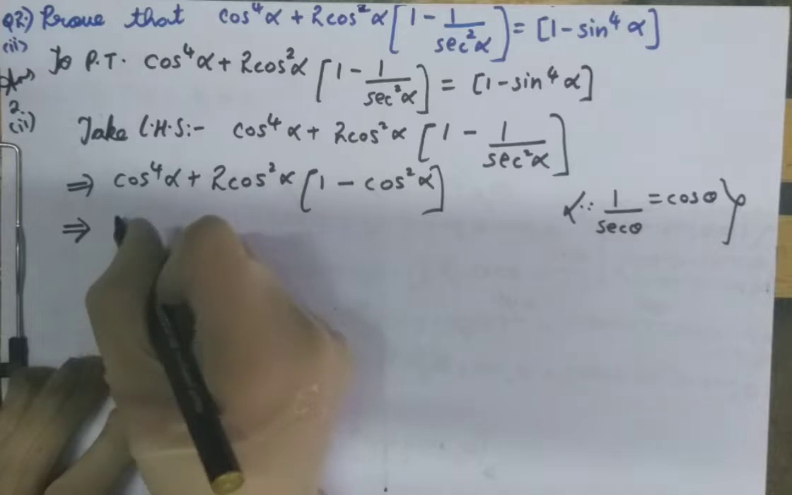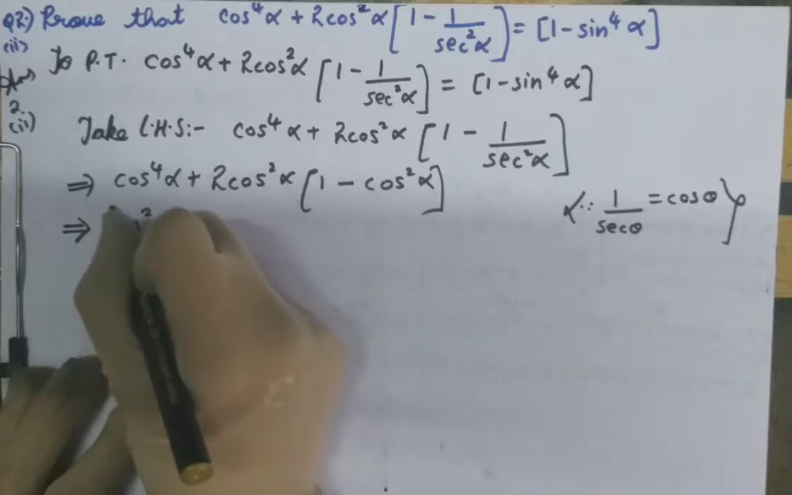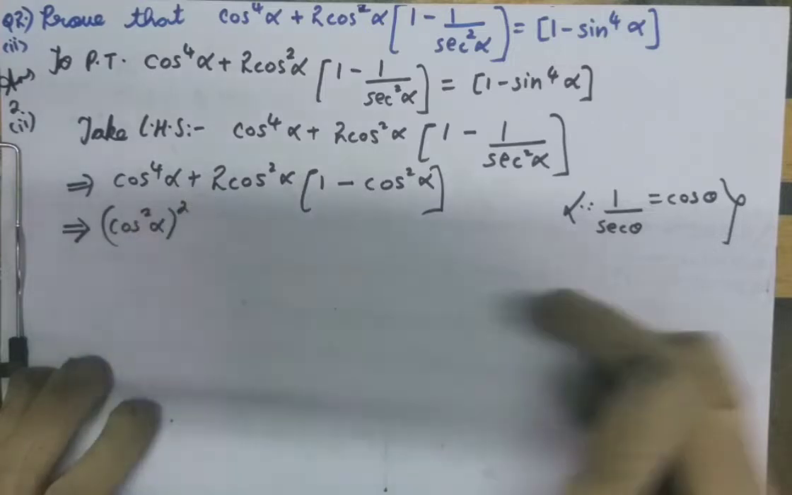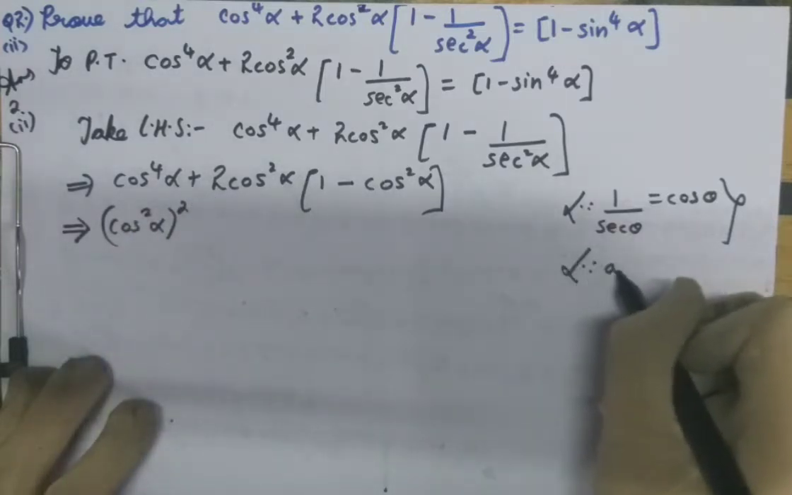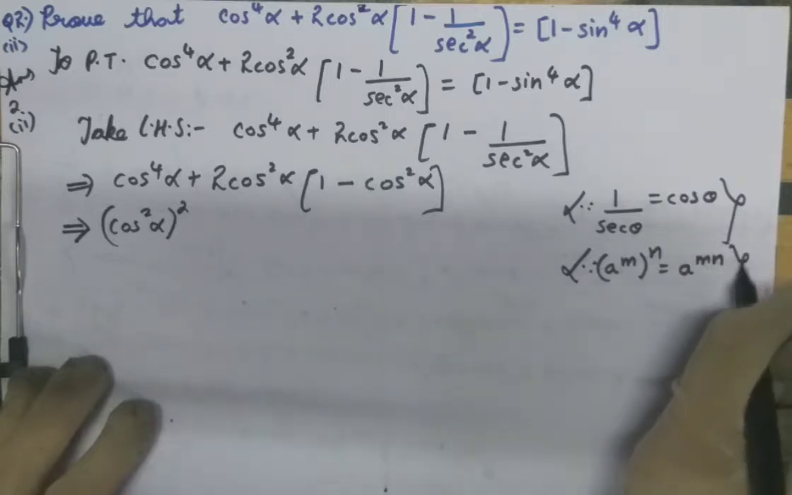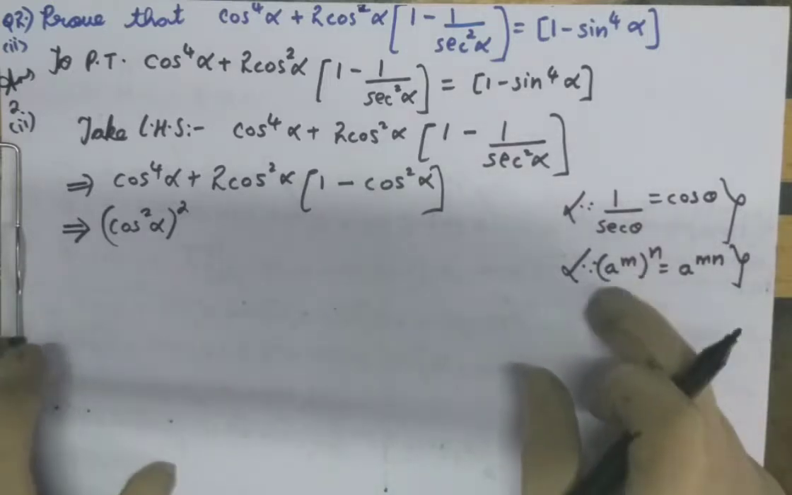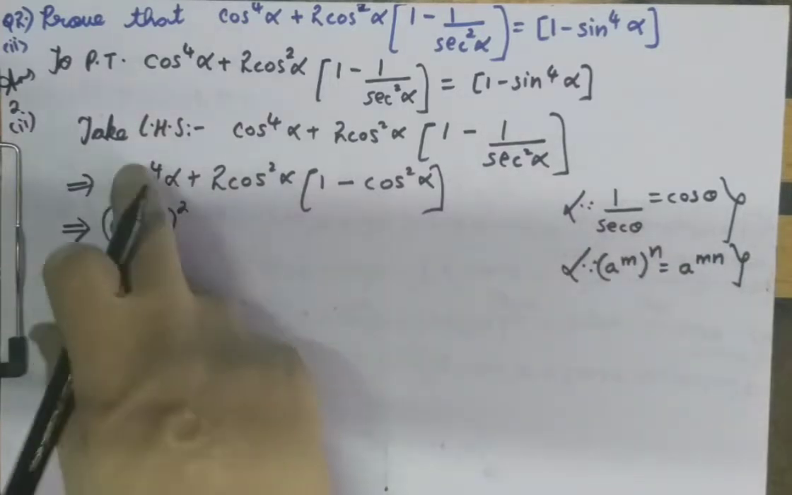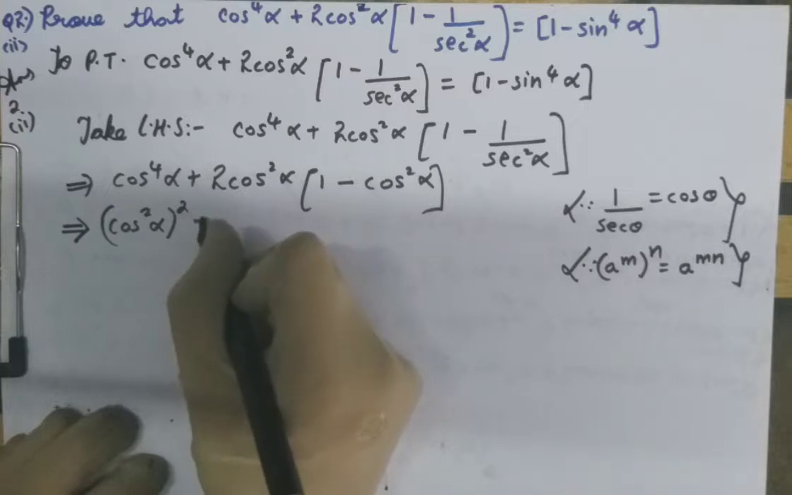Now this power 4 can be written as cos square alpha whole square. Why? Because we know that 4 is equal to 2 into 2. That is, we know that a power m whole n is equal to a power mn. So here cos power 2 whole 2 is equal to cos power 4. Okay, so we have written it like this. Plus 2 into,